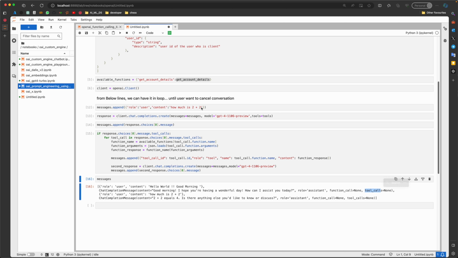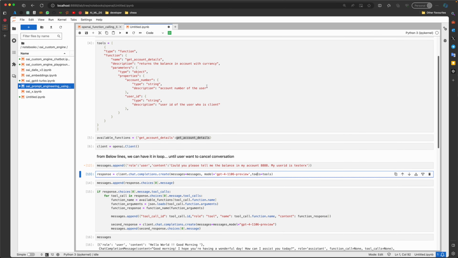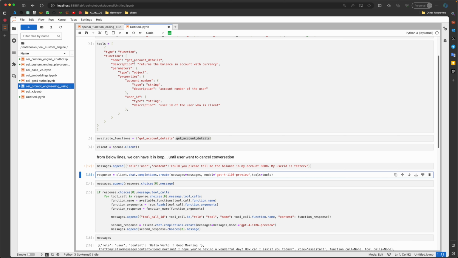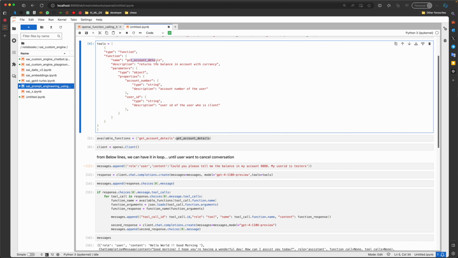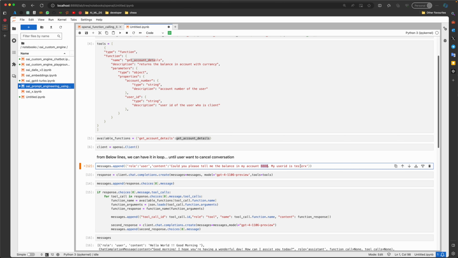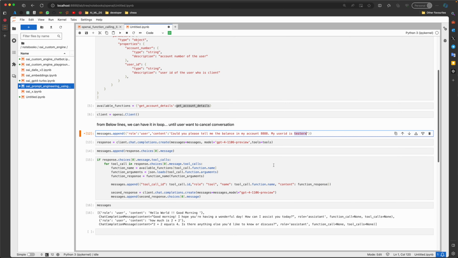But now when I ask it to tell me about my account, it has figured out from my natural prompt that it needs to call a tool of type function, and the function that it literally needs to call is get account details with values account number as this and user ID as this.